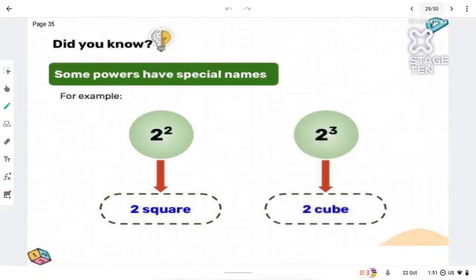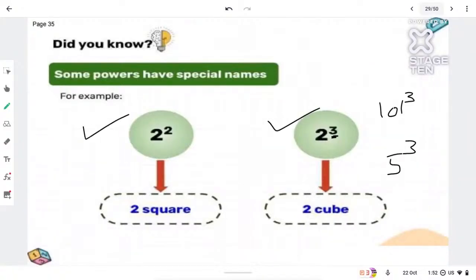And next one is 3. As you said, Deepa, if anything is raised to 3, that power 3 is even known as cube. For example, 2 cube, 5 cube, 101 cube. Whenever there is a 3 above, you can say 5 raised to 3, or you can even say 5 cube, doesn't matter. So these are the only two powers which have a special name, square and cube. In your 8th standard, you are going to study two chapters, square and square roots and cube roots.